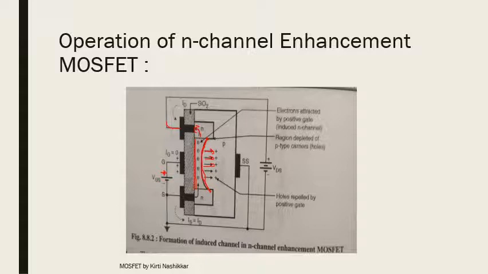So that's why we can say that the N-channel enhancement MOSFET conducts only when we give more and more positive VGS. Okay, so this is the total working of enhancement MOSFET. The value of VGS at which the drain current starts flowing is called the threshold voltage, and it is indicated by VT or VGS(th). So this is the working of enhancement MOSFET.